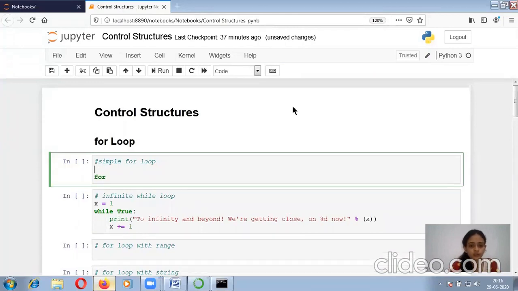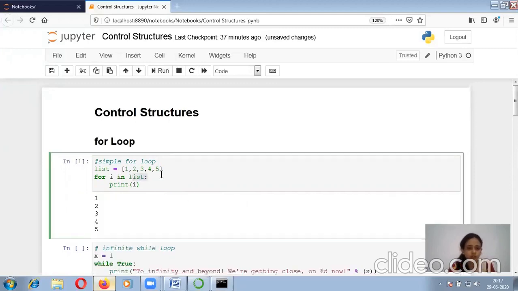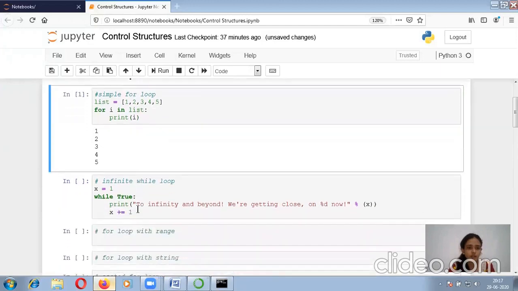Over here, suppose I am giving the list. Suppose my list variable contains the values from 1 to 5 and I am writing for i in list, with in as the keyword, colon, and I am printing the value of i. All the elements in this list variable will get transferred to my new variable i and it will iterate, and over here the value of i will get printed. So this is my value. All the elements of the list are printed like this, that is 1, 2, 3, 4 and 5.